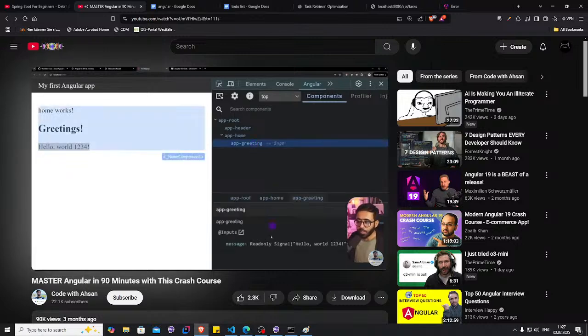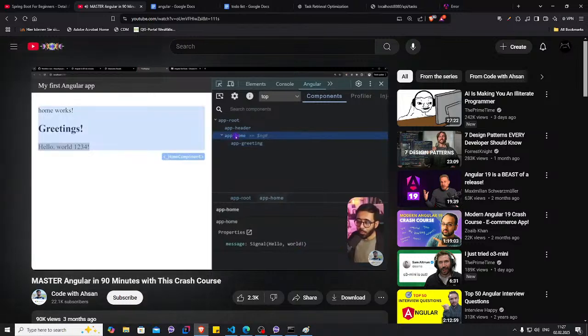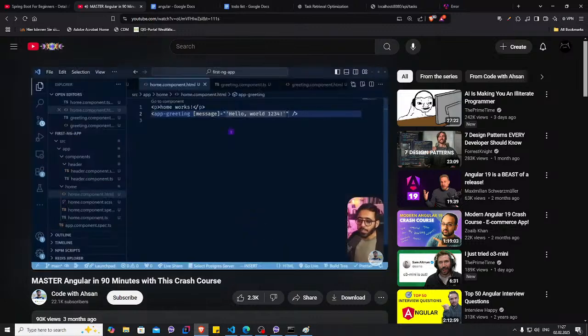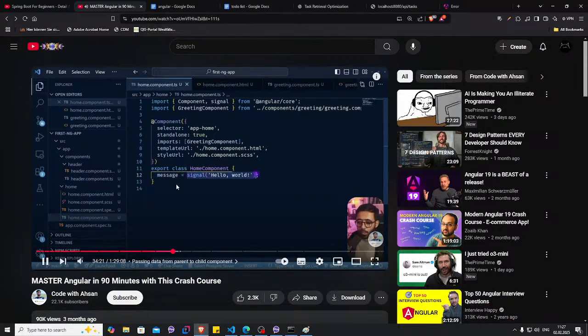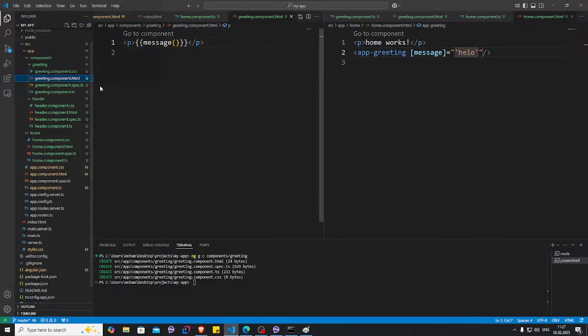If I click app greeting, you can see that this is a read only signal. It says hello world 1 2 3 4, which is coming from the app. If I click app home, you can see that this one is a bit different. So instead of this hard-coded value, how about I send the value that I have in here, which is hello world. So yes, let's get to the home component.ts,